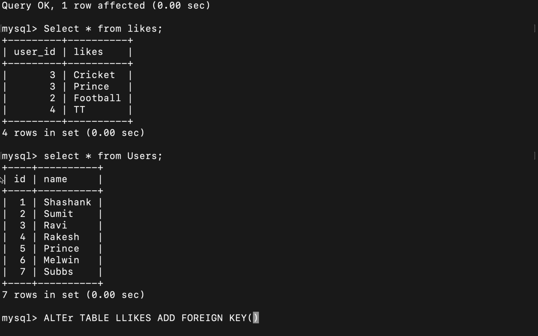Add foreign key, and then this field I want to make a foreign key, right? And then references, and then users' ID, users' primary key is ID.